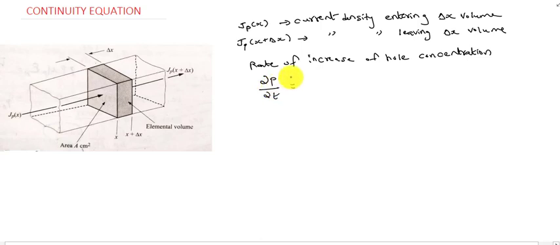So dou p by dou t, the net rate of increase of hole concentration, is equal to the hole flux per unit volume entering the delta x volume,